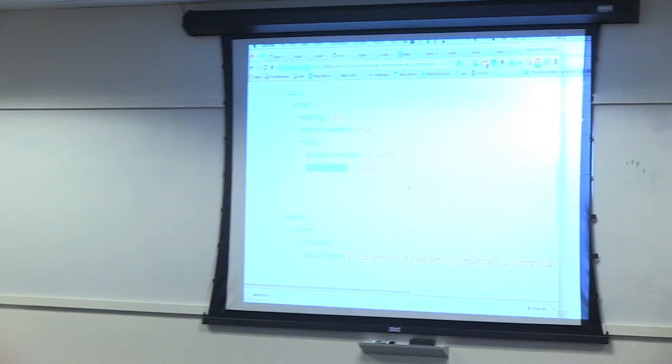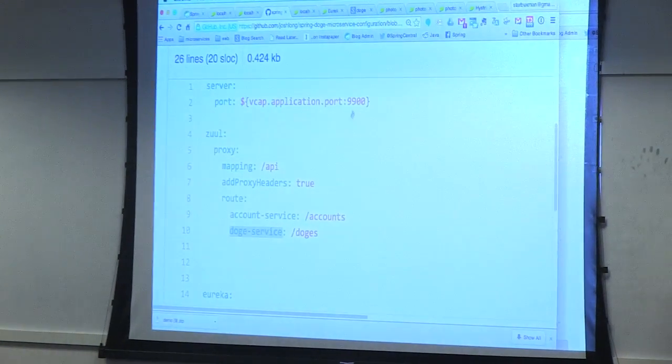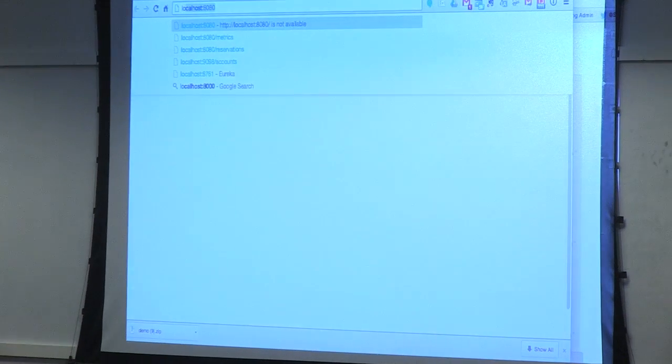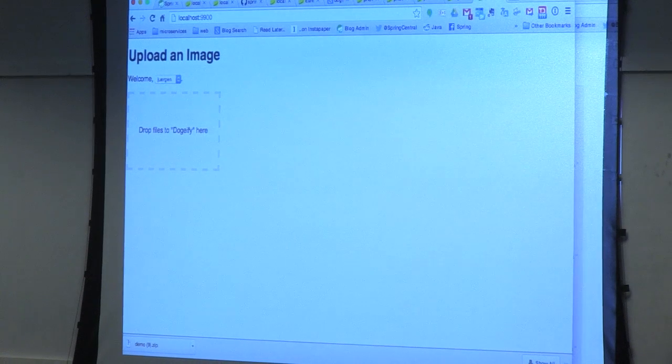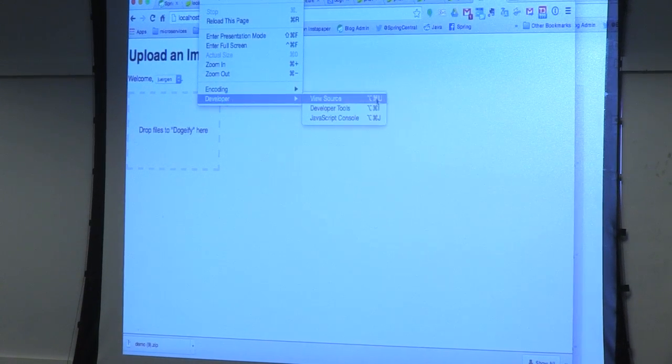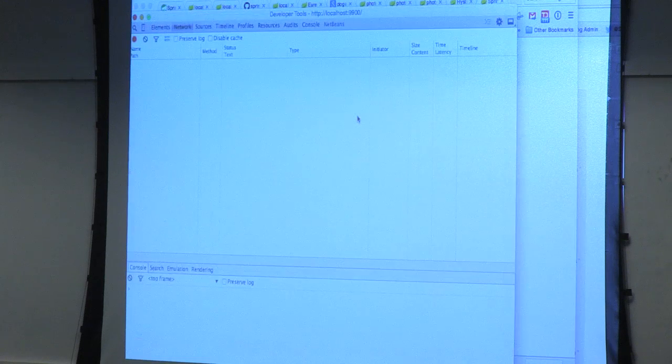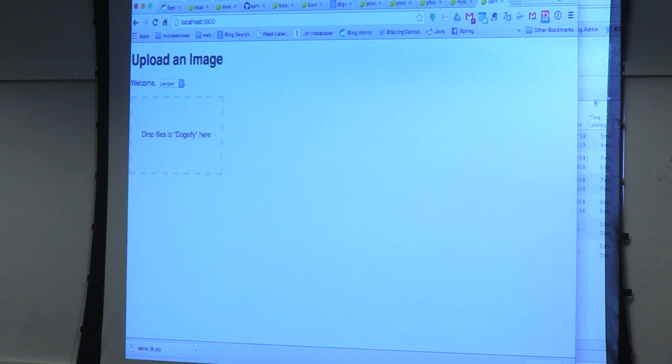OK. So this is now what I've got done here. Is web app up? I think it is. It should be, what did we say it was going to be? 9900. So I'm going to go to localhost:9900. And I've got my fabulous little HTML5 thingy here. Developer tools. OK, refresh.